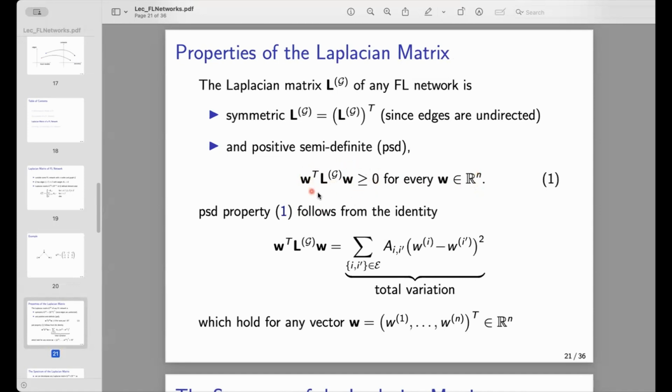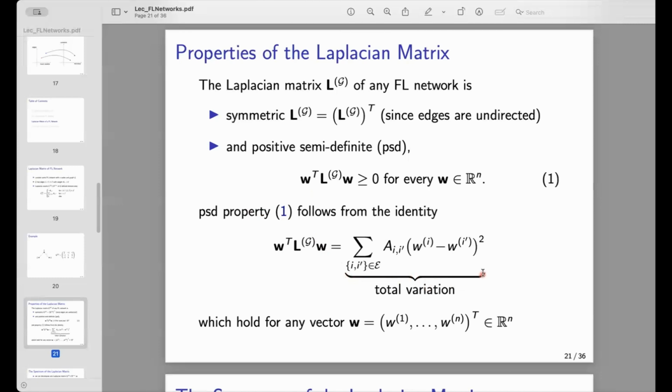And this has a lot of useful consequences about the properties of this Laplacian matrix. For any positive semi-definite, symmetric matrix, we have an eigenvalue decomposition, which we will discuss in a second. And moreover, what is special about this Laplacian matrix is that it is